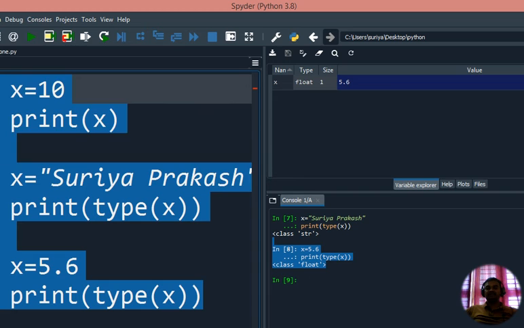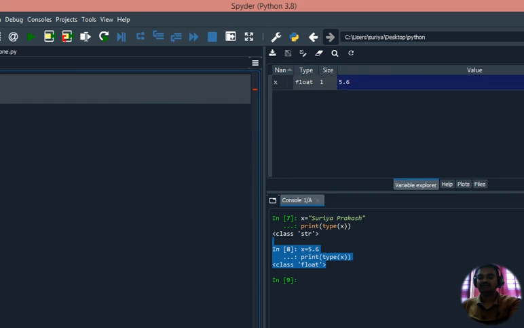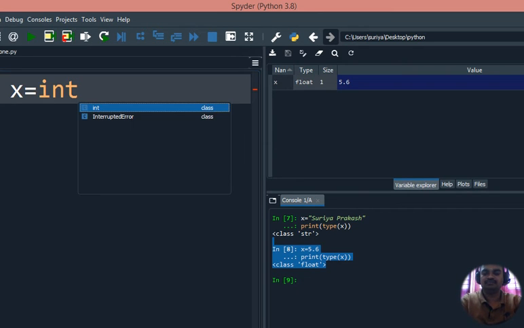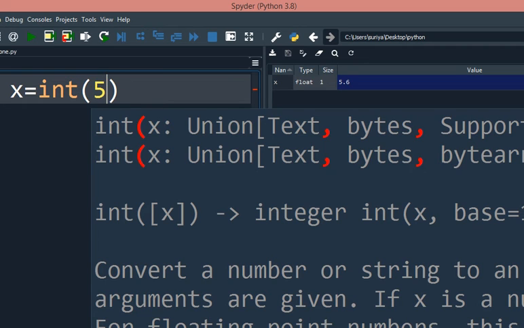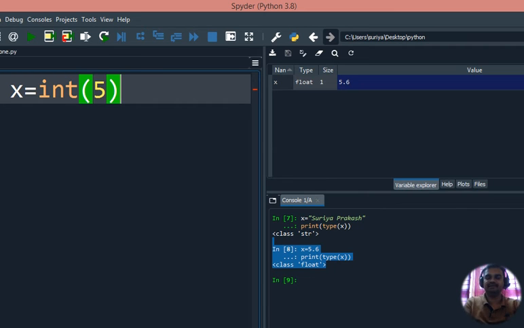One more thing I want to tell you here, apart from these three: we can also give typecasting. How can we do typecasting? I am allotting a value to a variable. So x equal to int of 5. So 5 will be int here.